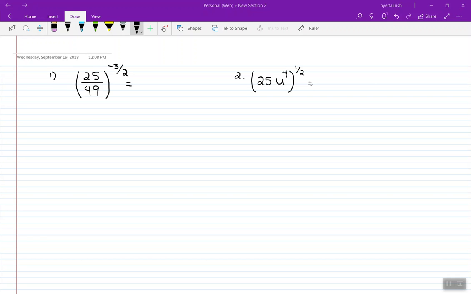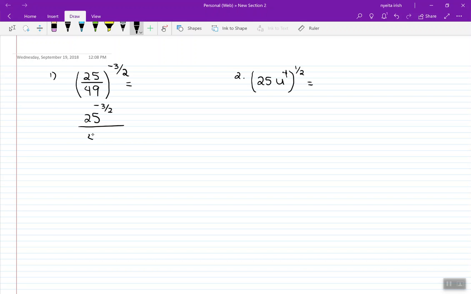The two questions on the board here involve fractional exponents, which remember you can rewrite as a radical, and that's what we're going to look at here first. And we're also going to remember some laws of exponents. So if I'm raising something inside to a power on the outside, I'm just going to rewrite that as 25 to the negative 3/2